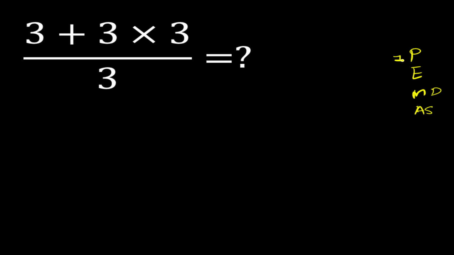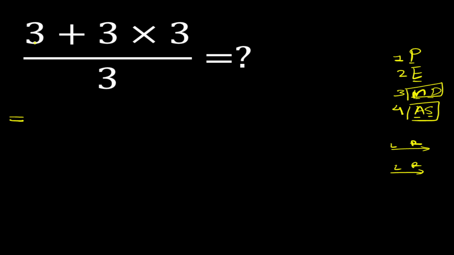According to PEMDAS, first priority is parenthesis, second priority is exponents, third priority is multiplication and division. Here multiplication and division both have equal priority, so we have to solve it from left to right. Fourth and last priority is addition and subtraction. Also addition and subtraction both have equal priority, so we have to solve it from left to right. So in this question,